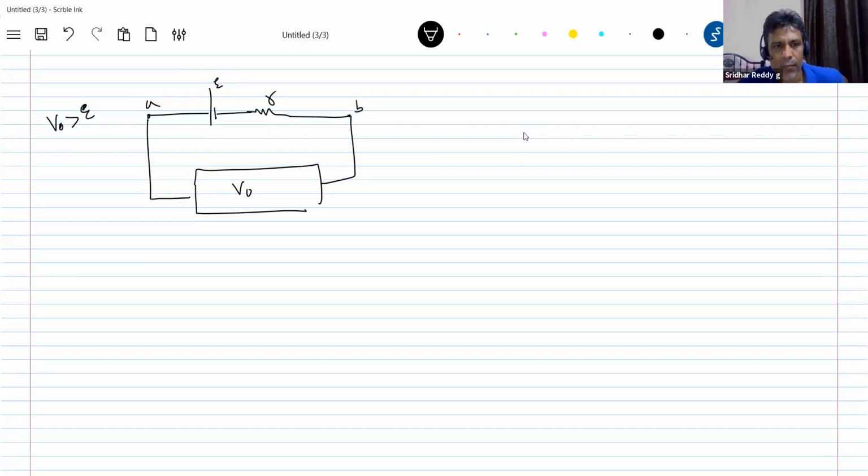So the EMF of the cell is 5 volt. This is 1 ohm. Here, the potential difference will offer us 8 volt. Let's assume that. So this is the charger. This circuit is a rechargeable cell. Now, which will be higher potential? This will be higher potential. So it will push current in this direction.